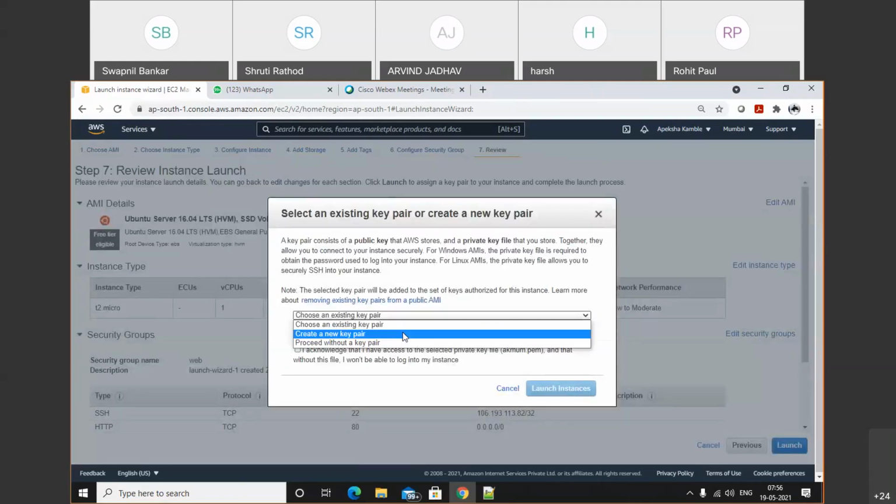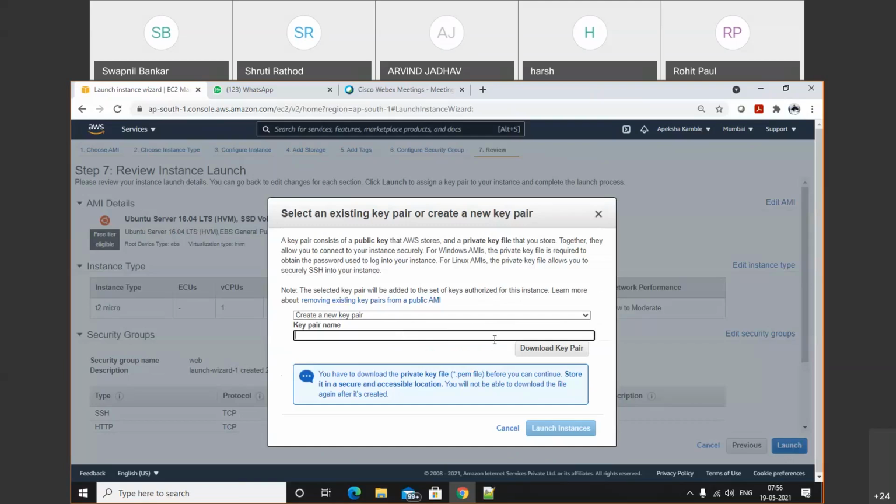So now I will use a new key here. That's it. Download this key.